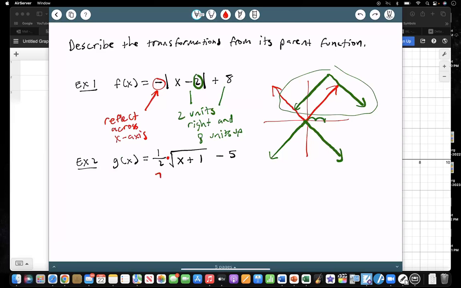So the first thing I see that's happening is this is going to be a vertical, and you should know that that's going to be a vertical shrink since a half is less than 1. Okay, once again, if I flip it upside down, it still would be a shrink, just upside down. So it's going to shrink it, which makes it wider. Okay, so after I make it a little bit wider with that half, then it looks like we are